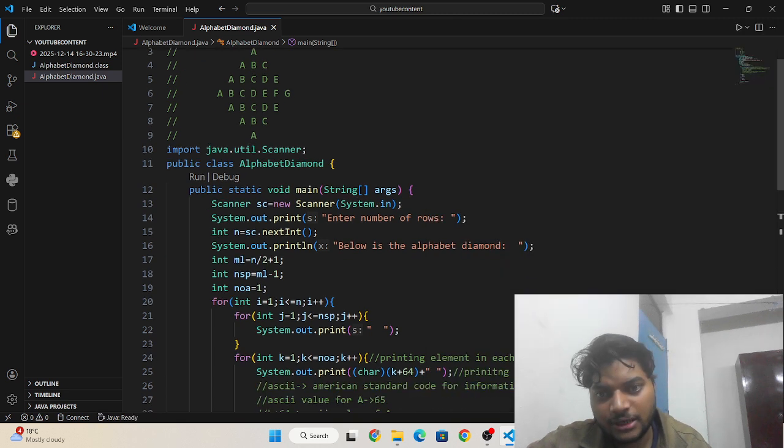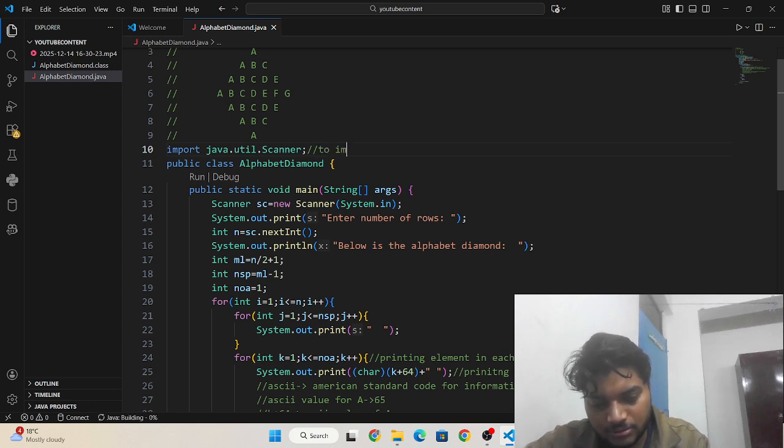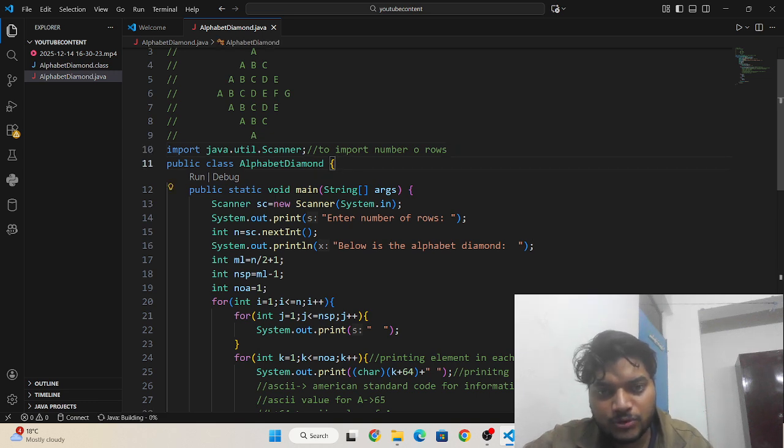Now I'm going to write comments. This is the import. I am importing this Scanner class to take user input.